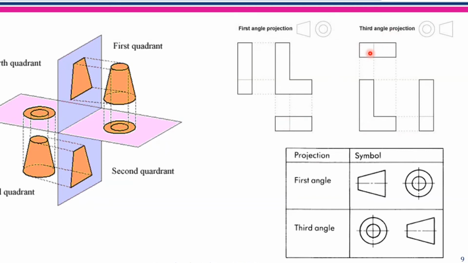Okay. Now recall the catalog of a car. First angle, because we are not concerned with the bottom view of the car. Nobody cares how the car is looking at the bottom. No matter if all the ditches and water and mud are splashed, nobody cares about the bottom view. So third angle projection has no value for cars.